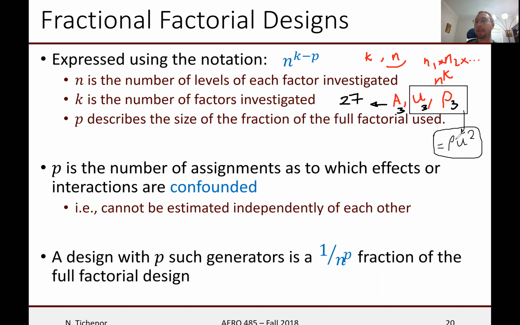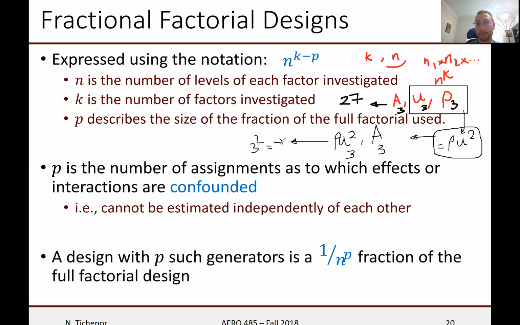So I confound how u and rho are contributing in this case. Then I'm reducing 3 to 2. Now I have 2 variables, rho u squared and A, and if each of them takes 3 different cases, I have 3 to the power of 2,